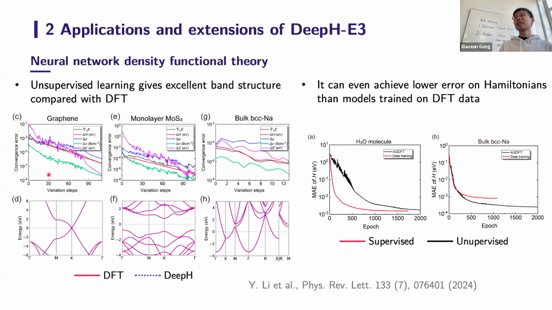What's stopping it from just giving infinite negative energy? You mean why wouldn't it just predict the Hamiltonian to be infinitely negative? We can talk after this. Oh, you mean there is a reference point of the total energy, and it can be infinitely negative? Yeah, because you're minimizing the energy, right? Yes.